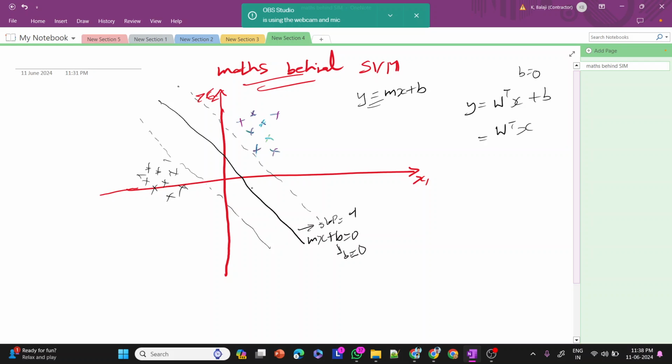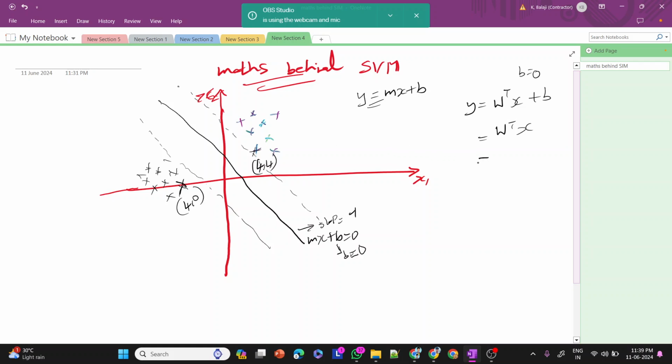For example, let's consider this point lies on the x-axis and the point is (x, 0), and consider this point is (x, 4). Whenever we apply this formula to this point,